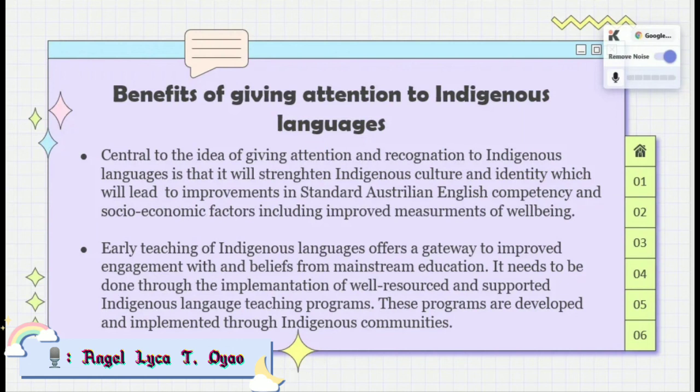So the next one is early teaching of indigenous languages, which offers a gateway to improve engagement with and belief from mainstream education. It needs to be done through the implementation of well-resourced and supported indigenous language teaching programs. As I reported a while ago, it is repositories of knowledge connection to digital technology. So in our education today, the indigenous languages are well preserved and well organized by the